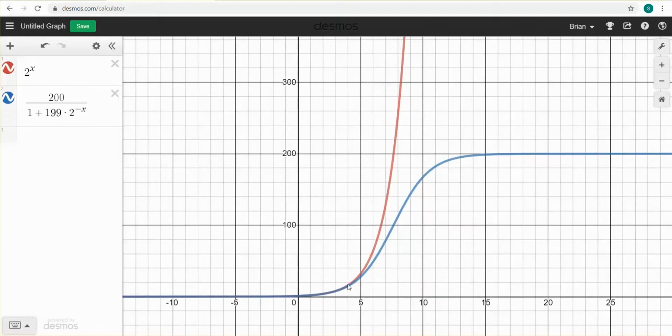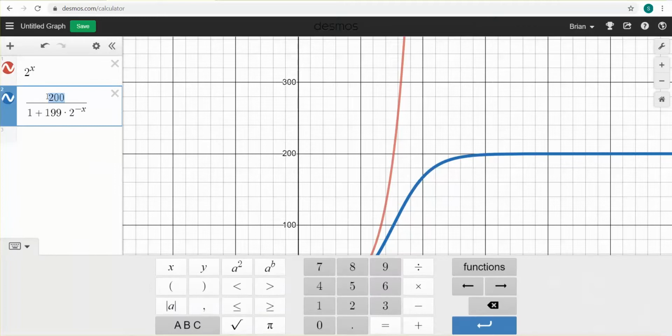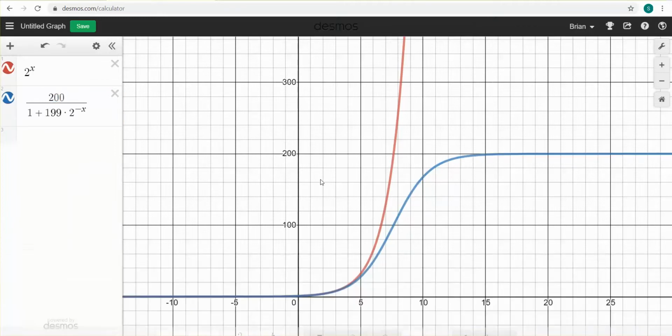So you can see the exponential keeps growing exponentially. That's the red curve. The blue curve is logistic. It's approaching an upper bound. That upper bound it's approaching, if you're talking about the spread of disease, would be the maximum number of people you expect to eventually get the disease, the illness. Over here from these graphs, you can see the red graph is that of 2 to the x. The blue graph is that of this logistic function. The numerator of the logistic function gives you that upper bound that it's going to be approaching eventually. All right, so with that in mind, let me go back over